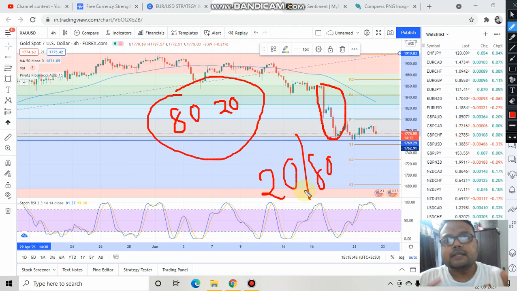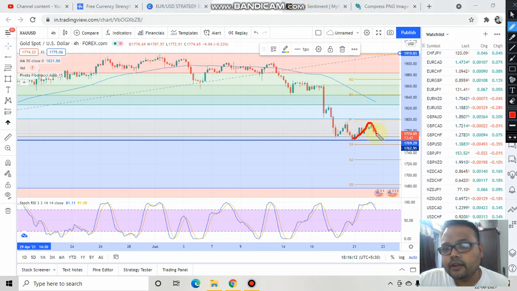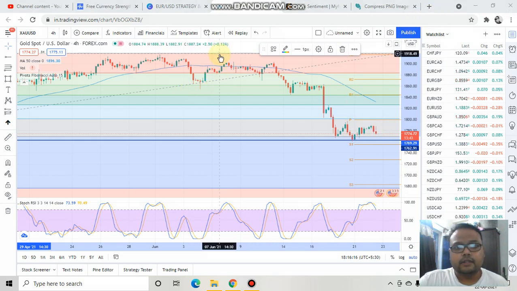Sellers are still present in the market. Slowly and slowly, buyers may be taking over the market, but sellers are still there in the market. All of a sudden, you cannot think that buyers will jump in. New week has started, therefore, we will see a trend reversal. Market does not work like that. So, this is the reason I told you that there is a good possibility that market will retrace from this particular level. And if I remove these lines